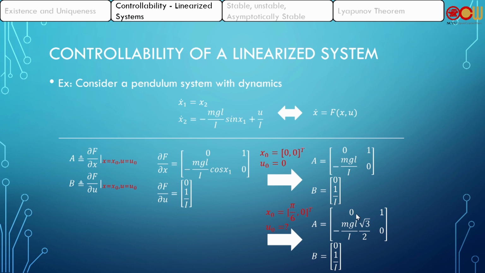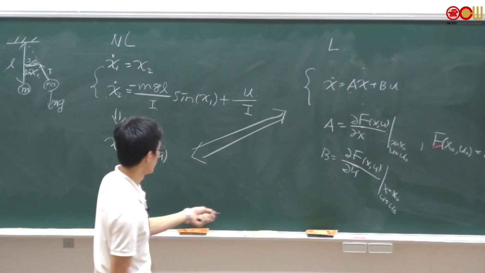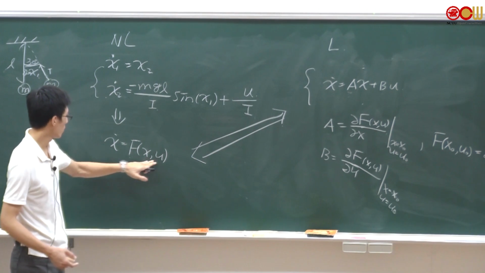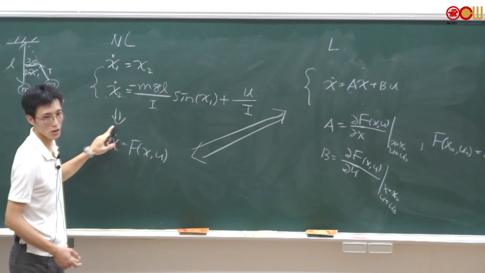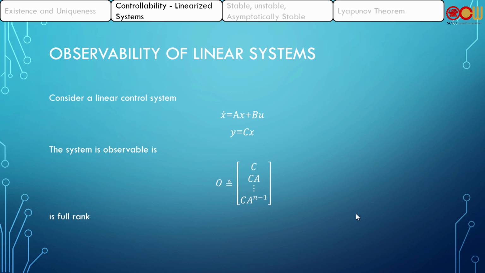Because at that point, x0 will be stationary, right? If this is satisfied, it means at that point, this is stationary, okay? So another new concept is observability. So before we talk about controllability, here's observability. So what's the difference? The condition for a linear system to be observable is this matrix has to be full